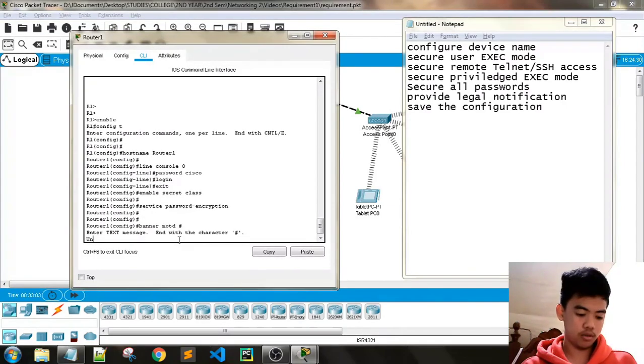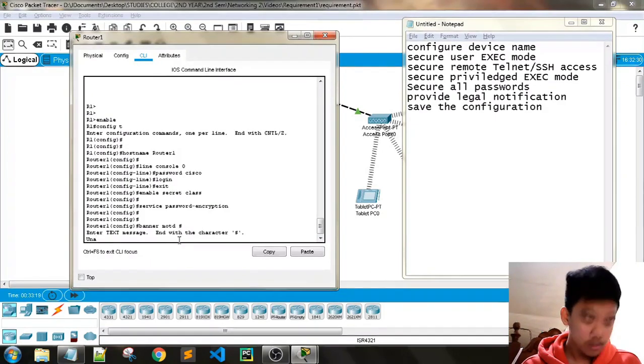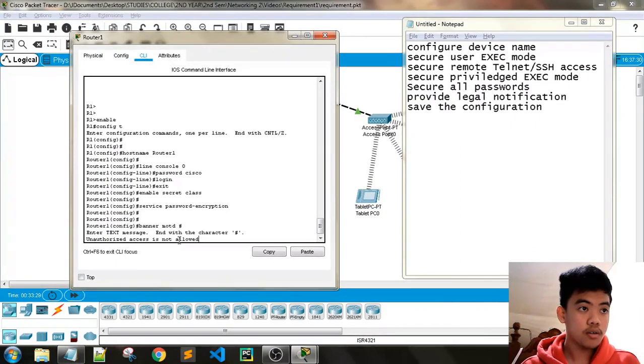So unauthorized access is not allowed. And